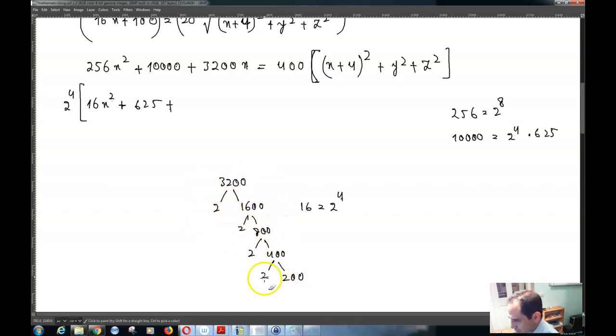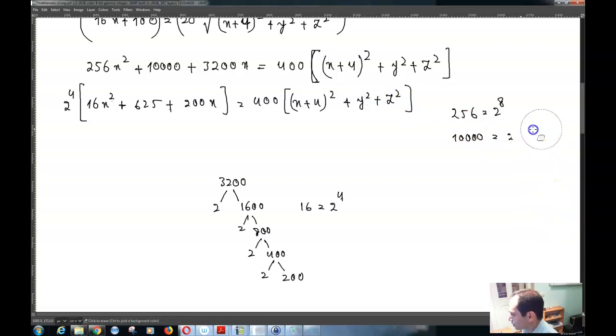So that's 2 raised to the power 4 times 200. So 200x is equal to basically 400 times x plus 4 whole squared plus y squared plus z squared, and